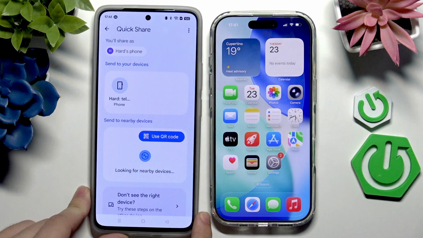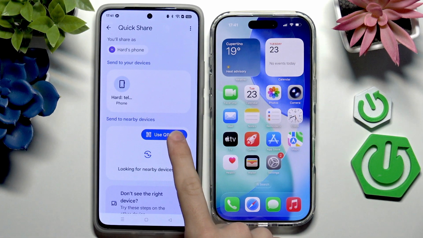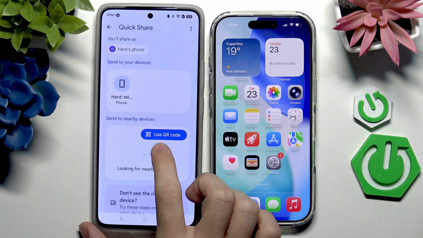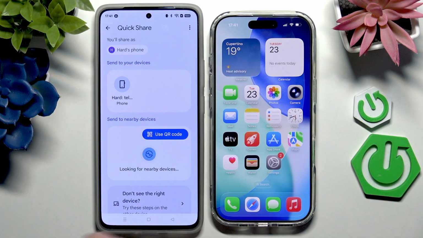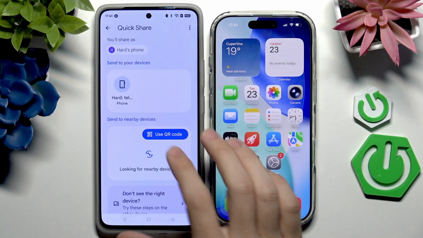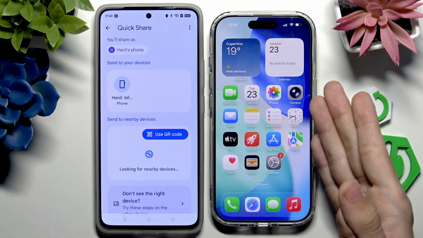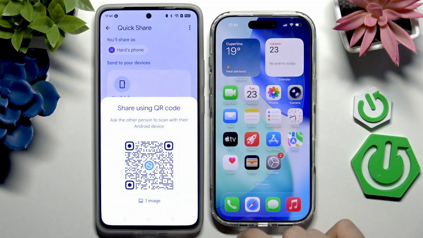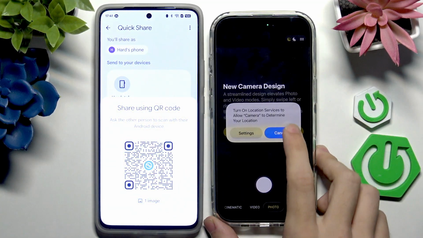You can see I also have it on Realme, but using a QR code won't work in my case, because this QR code will only work on Android phones if you have something else than Samsung. And if you have a Samsung, then using this QR code, even if you use it on iPhone, will result in opening a website from which you can download the file that you'd like to download. But I'm gonna use the QR code, and you'll see that